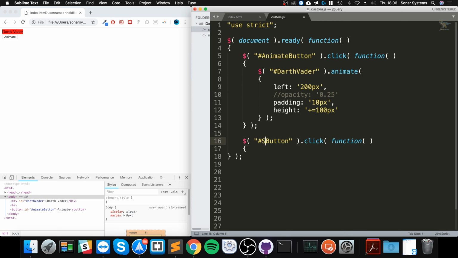So if I put stop right here, and the next thing I want to do, you need to actually, using code, get hold of the element that you want to stop the animation on. So it'll be essentially the same selector that you use to start the effect of the animation. So that dot stop, and that is it. That is literally it. Couldn't be simpler. And now if we were to run it,